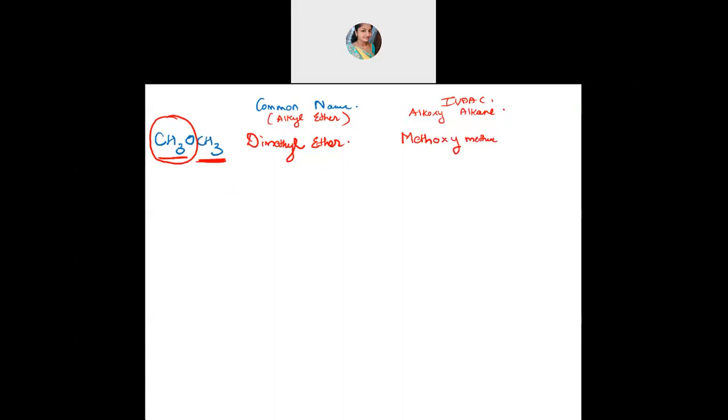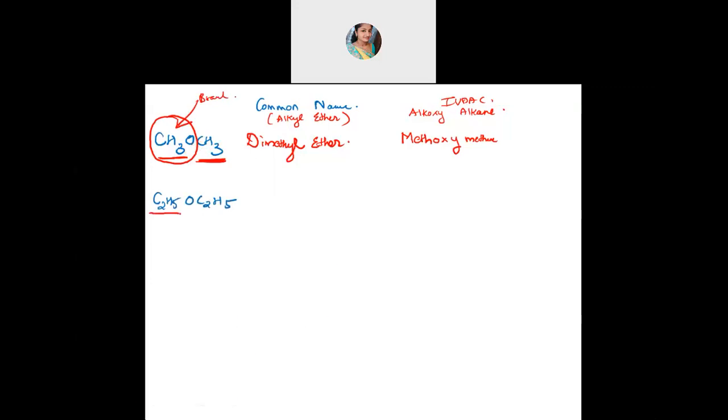And always when you're considering the alkoxy group, that should be the smaller one, and the parent chain should always be the largest one. Now here we don't have any issue because both of them are similar, so you can take anybody as branch and anyone as parent. I have considered this as branch and this I have taken as parent. Okay, next, one more example. We'll take the next one, C2H5 and OC2H5. Tell me, what will be the common name and what will be the IUPAC name?